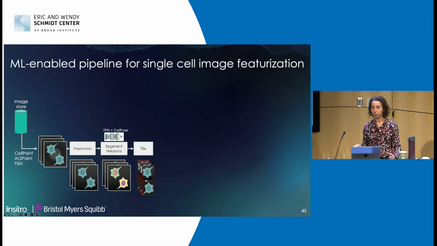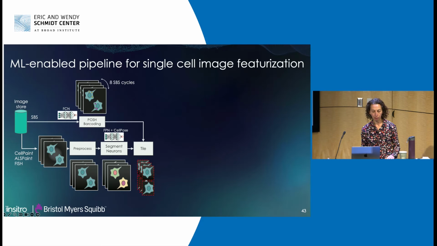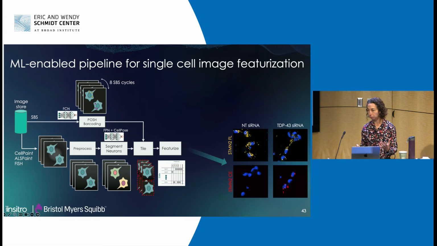Machine learning is really critical to this cell featurization process, everything from segmenting individual cells to the barcode calling process itself. And then we can form, like I said, the cell by feature matrix. In our ALS example, contained in here are the stathmin-2 cryptic exon and full-length counts. What I'm showing in this picture are healthy controls compared to an example perturbation. And again, remember, we're trying to see if any of these perturbations make our sick cells look healthy again.